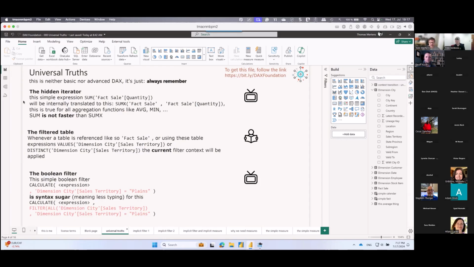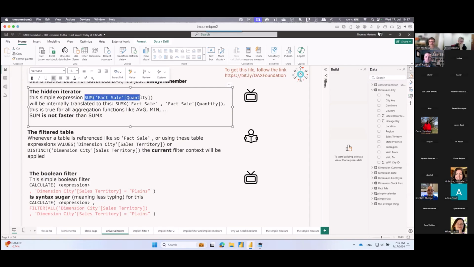There is something that we should always keep in mind. The first thing is what I call the hidden iterator. So when I create a DAX measure, like so, called some quantity,